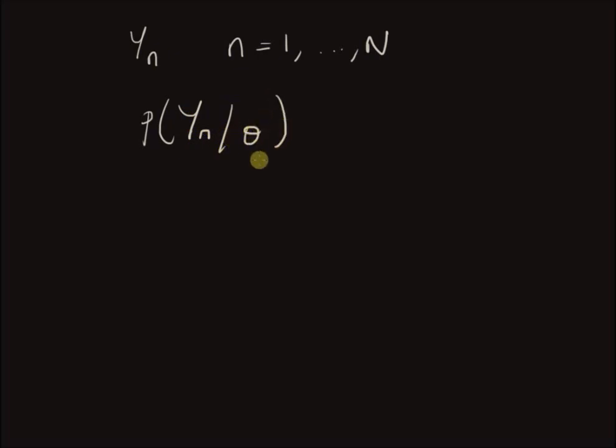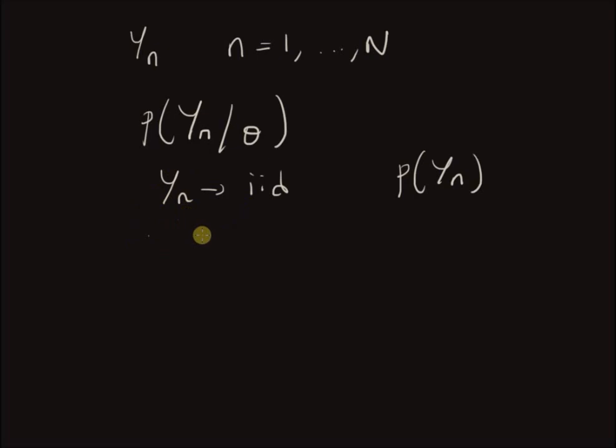Hello, welcome. In this short video, let us look at the sequential form of the Bayes rule given IID measurements, that is, measurements that are identical and independently distributed. So, given a set of measurements yn, where n is equal to 1 to N, and we are given the likelihood P of yn given theta. Theta is the hidden variable we are interested in, and yn are IID, that is, they are identical and independently distributed from a given distribution P of yn.